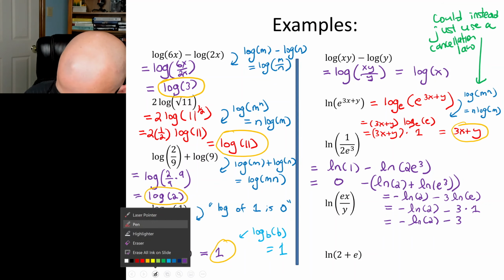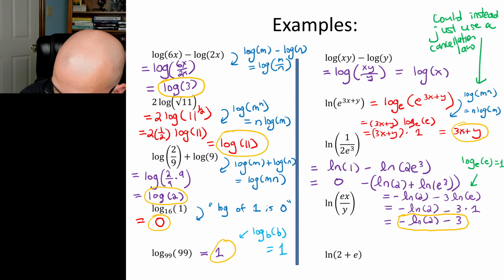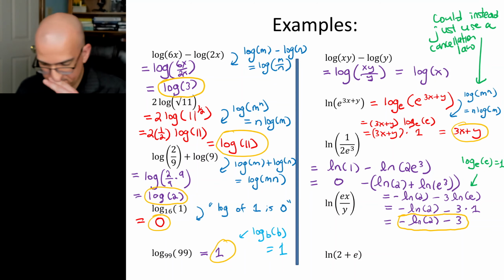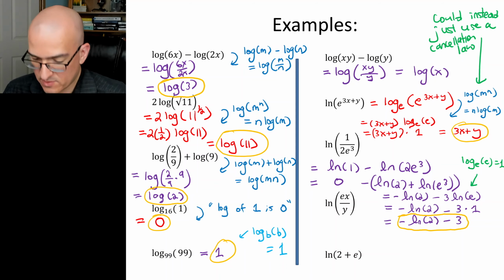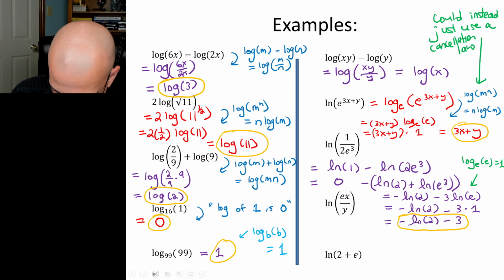So natural question to ask is, why is ln of e equal to 1? And the answer to that is because ln means log base e. So this is log base e of e equals 1, since the bases are the same. Okay, then the next one under that,